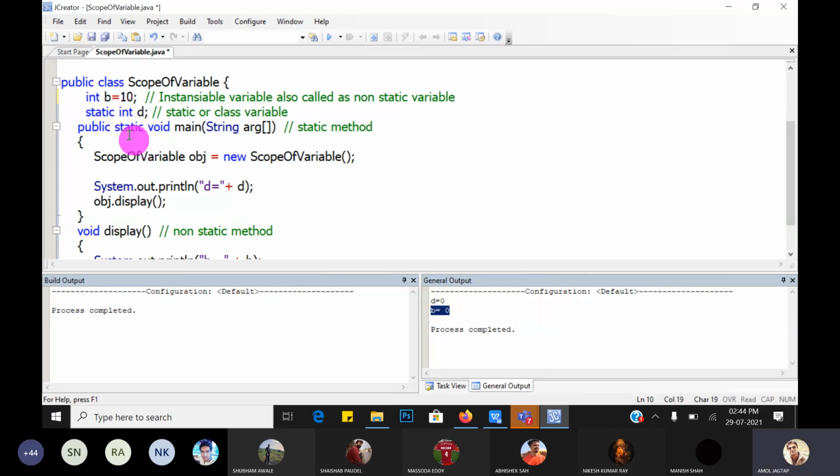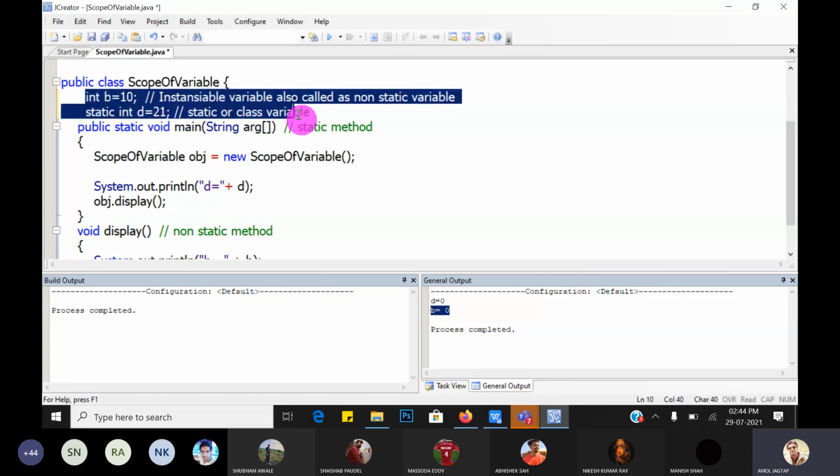Yes. Or we can initialize, suppose, int D. When we declare the data member in C++, at the same time we can initialize the data members, because in C language there is no concept of the class. Instead of the class, there are structures.